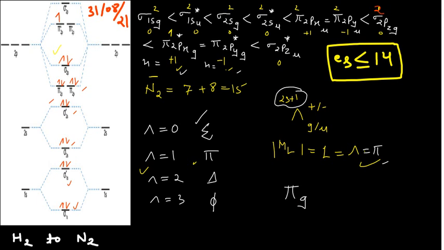Now you have to calculate the spin multiplicity. For the spin multiplicity, again you will do 2s plus 1. This electron which is there is having the positive half. So you can write 2 times half plus 1, that will give you 2. So that means 2 pi g, the term symbol for this N2 negative is 2 pi g.